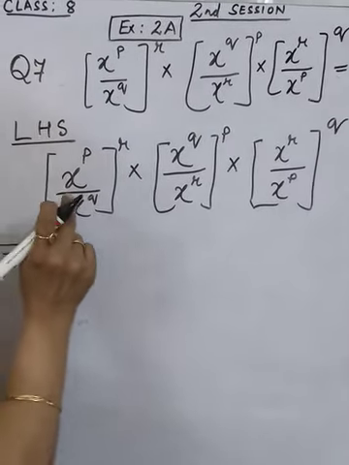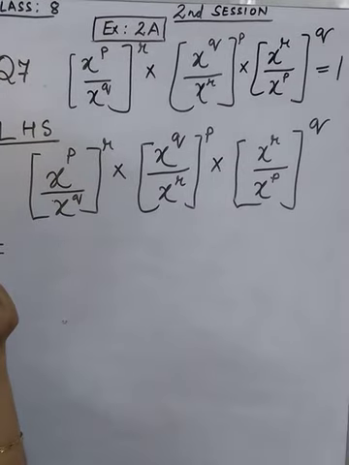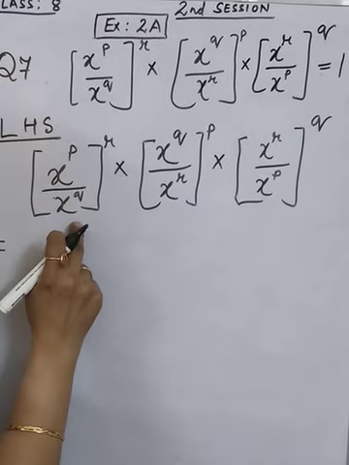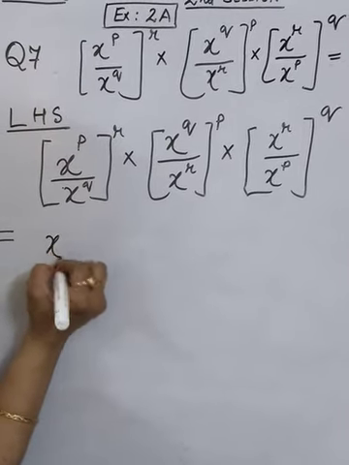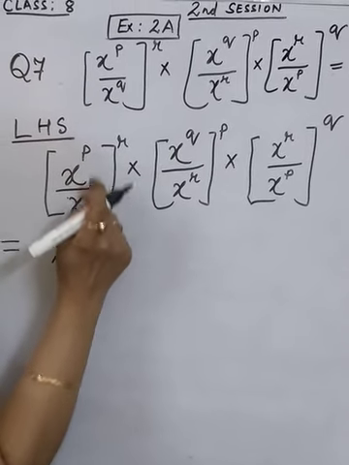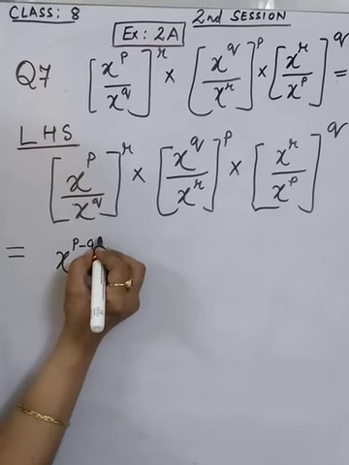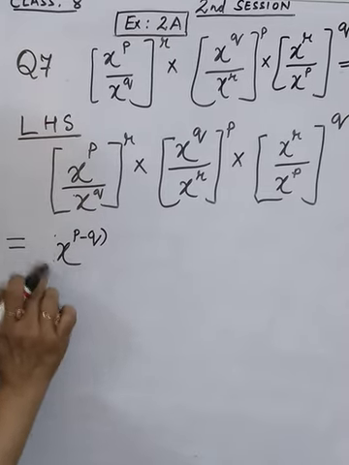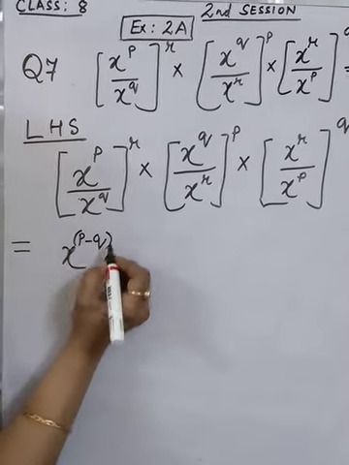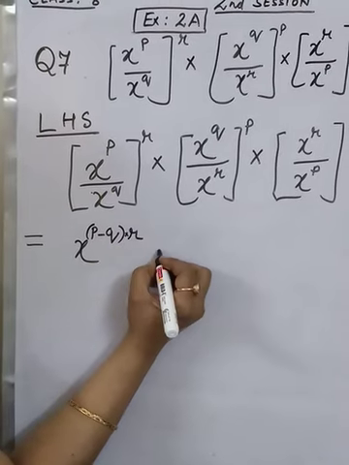We have power on power as well as a division also. So what we do, firstly we apply the division law, then we will apply the power on power law. So what we'll get, x to the power... on dividing, powers get subtracted. So what we get, P minus Q,